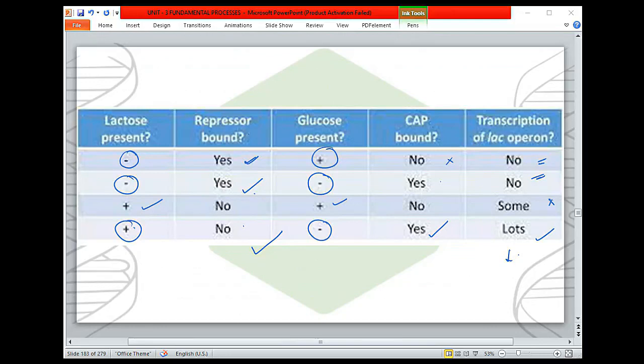I'm expecting this concept is clear, and majority of the time the question is asked in which you have the operator of a lac operon or a promoter of a trp operon. They are mixing the two and then giving the question. So make sure you have a clear understanding of both scenarios, how a lac operon works and how a trp operon works, and only then can you solve the question related to it.